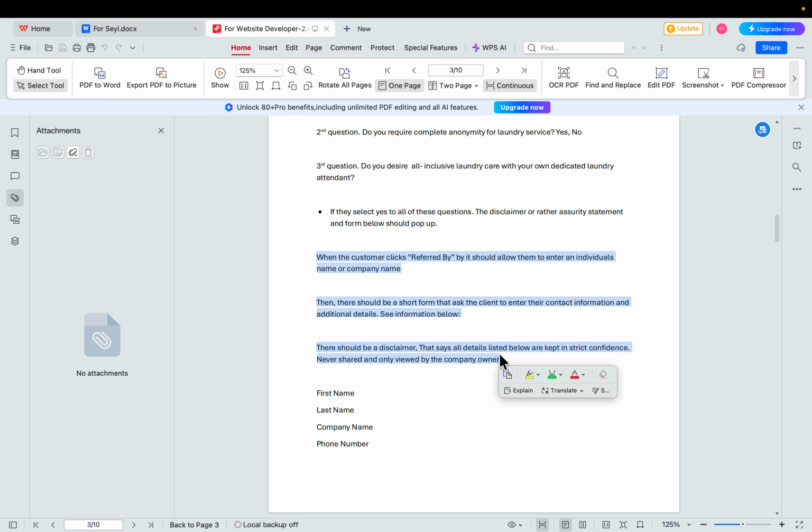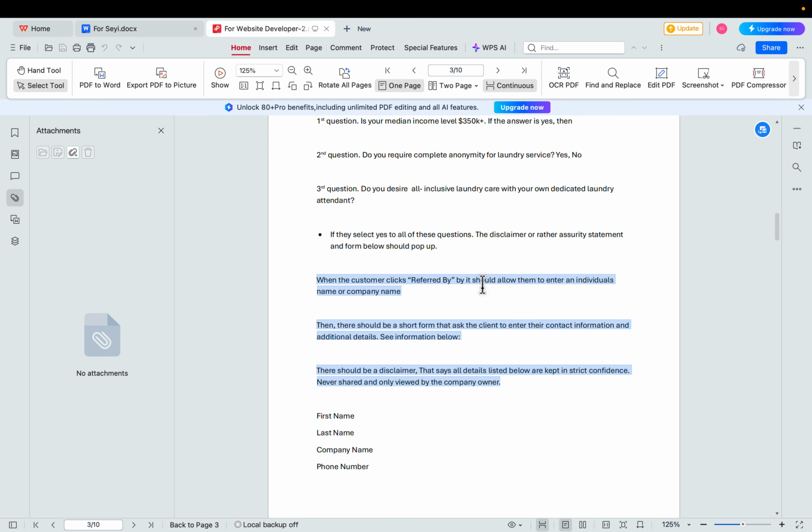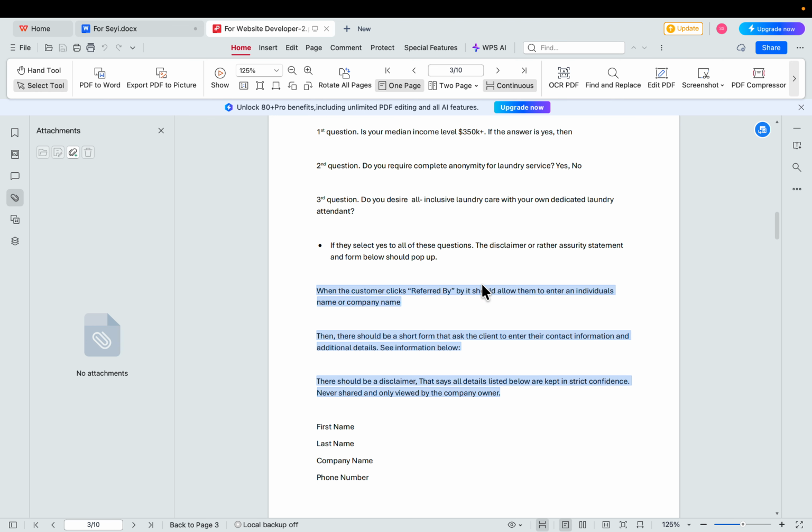It's going to take them to a Calendly link where they can automatically schedule an in-home consultation, because they've already been invited by someone. Someone already sees that this is a person that's going to qualify for the service level.